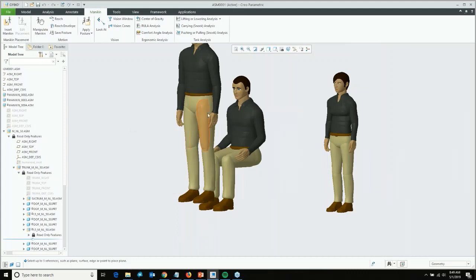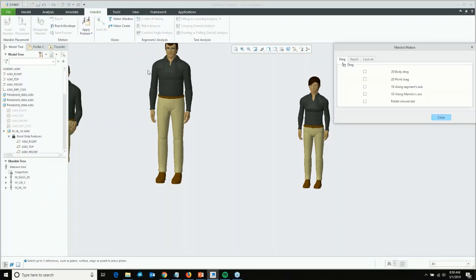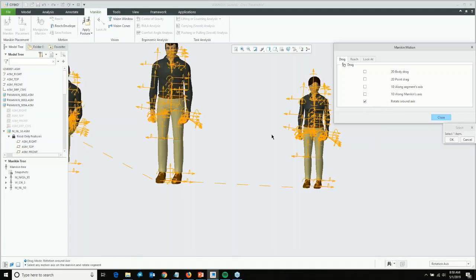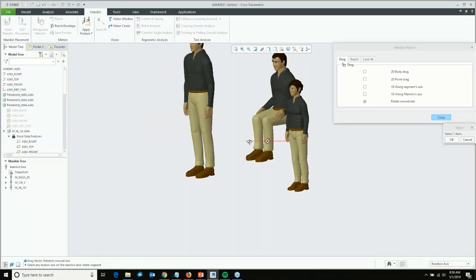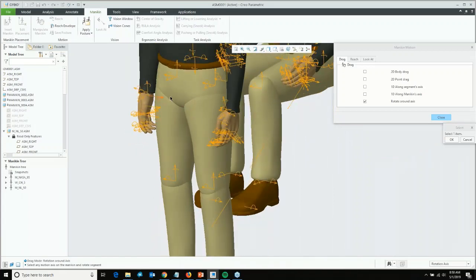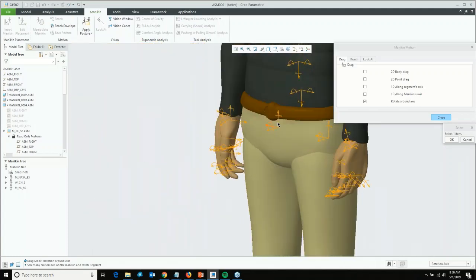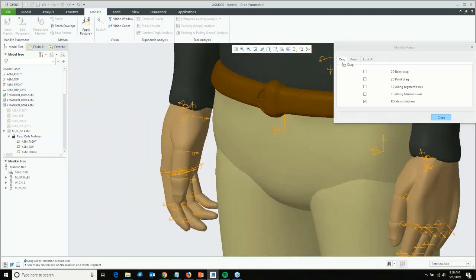Another thing that you can also do when it comes to posture is manipulate the person by using the mannequin manipulation button as well. There are a few different manipulation options here. We're not going to go through everything. One example that I could go over is rotate around an axis. So in this case, let's use the woman over here, and we'll take this axis over here,